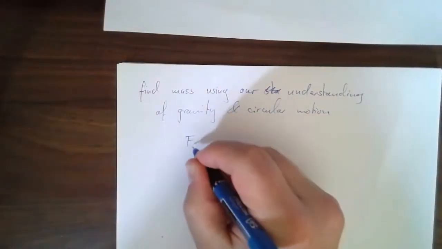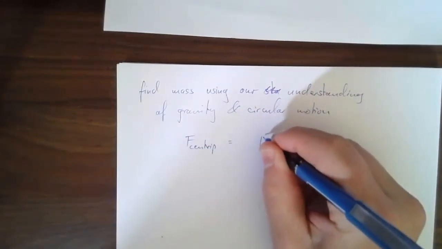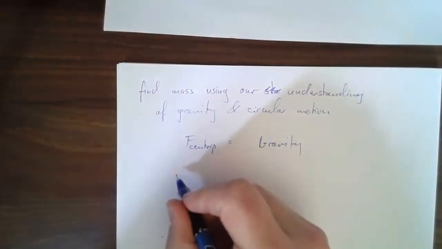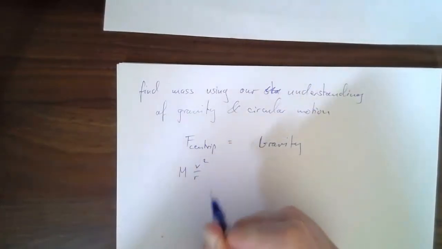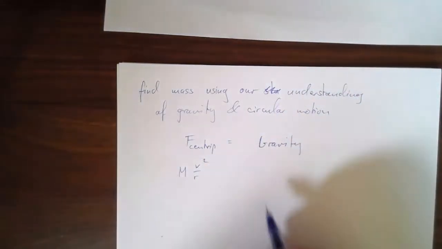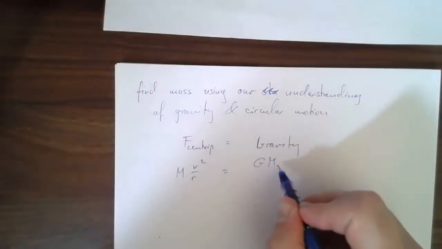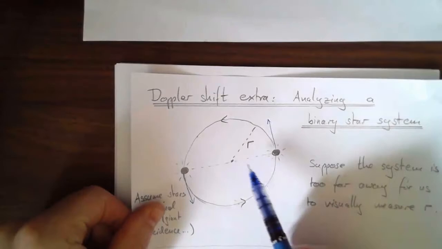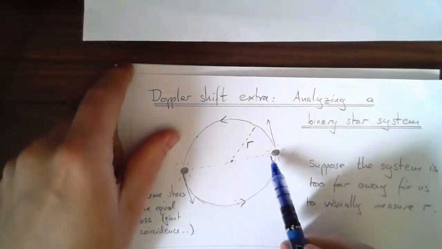So we're going to have the centripetal force equal to gravity. Centripetal force is the mass of those stars times v squared over r, right? We know v and we know r. Those are the star speed. What's equal to the force of gravity is G times the first mass times the second mass. They're the same, right? Two stars, divided by the distance between them squared. We have to be a little bit careful here, because the distance between the two stars is not r, it's 2r, because it's the diameter of the circle.